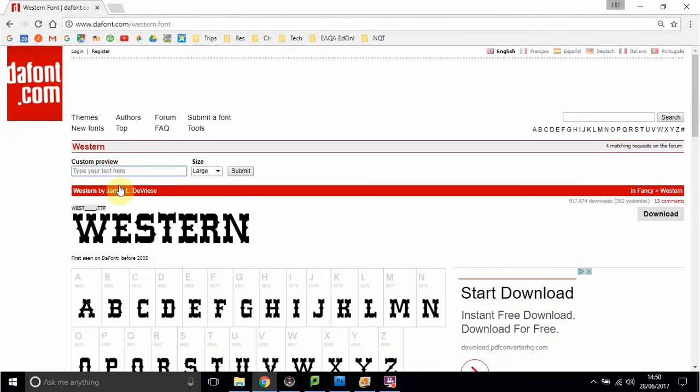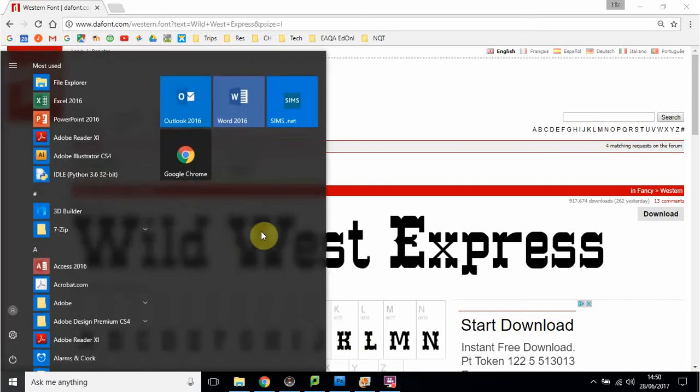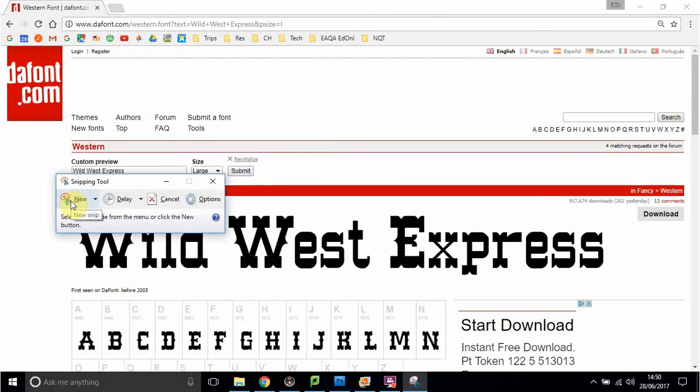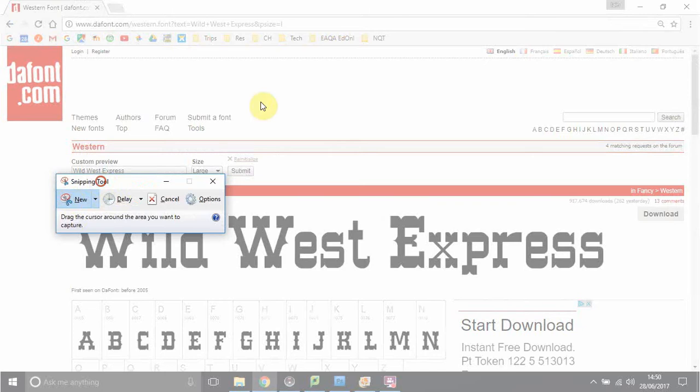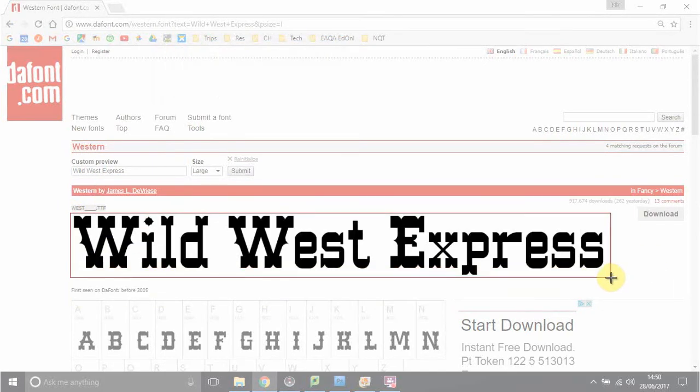Wild West Express. So I'm just going to type that in, Wild West. I've already done it, so you can see I've already done this. Submit, and you'll get the name of the ride here, Wild West Express. Again, little cheeky snip. I'm going to use the snipping tool. You press New, move him out of the way, and we very carefully just select a nice box that goes